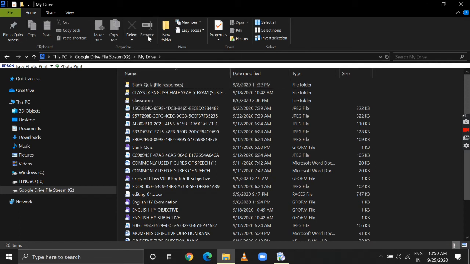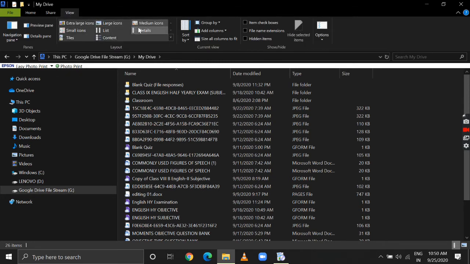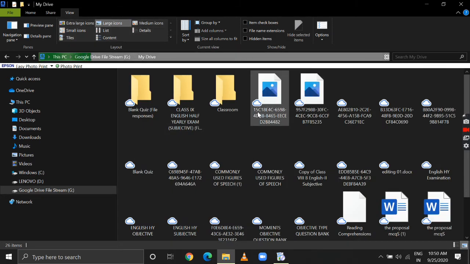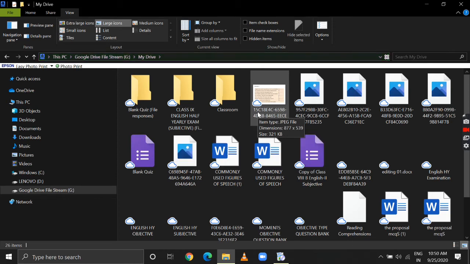I'm just enlarging it so that you can see it properly. Yes, the cloud icon is there on each file. That means they are not directly saved on my computer, but are available on the cloud.